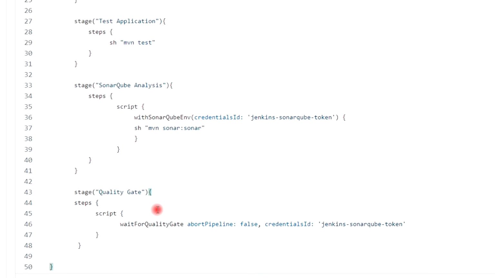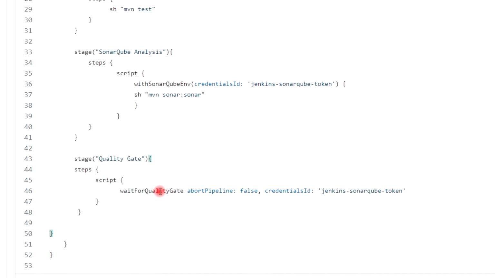And the name of the stage is quality gate.